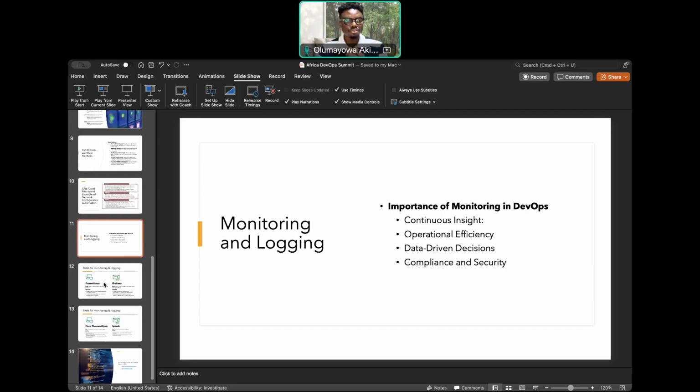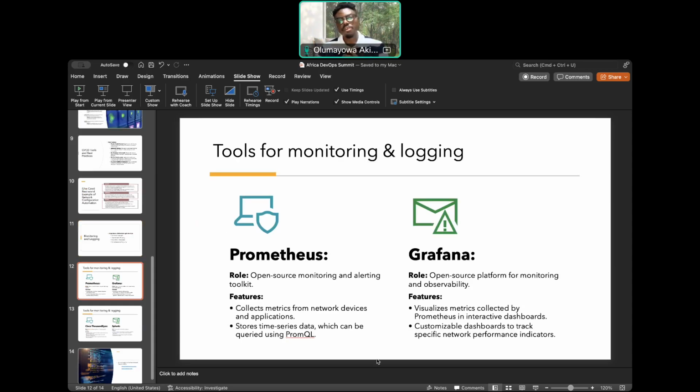So now let's look at the tools we use for monitoring and logging. We have Prometheus, which I spoke about the other time. Prometheus is an open source monitoring and alerting toolkit that collects metrics from network devices and applications. It also stores time series data, which can be queried using PromQL. Then we have Grafana.